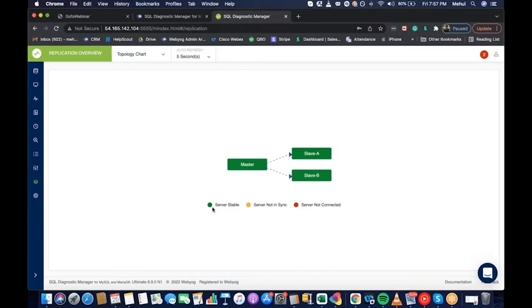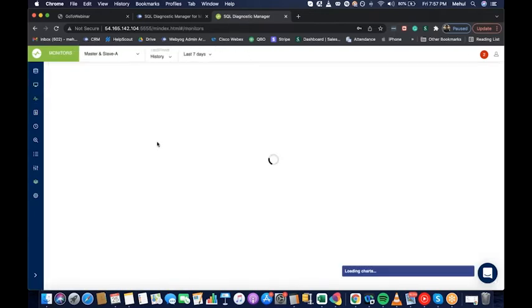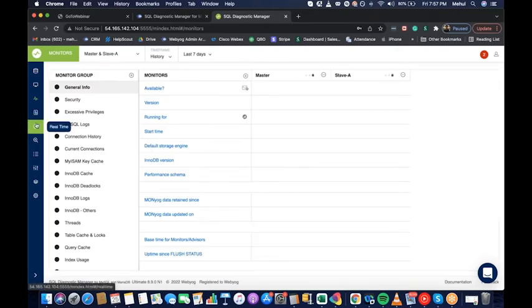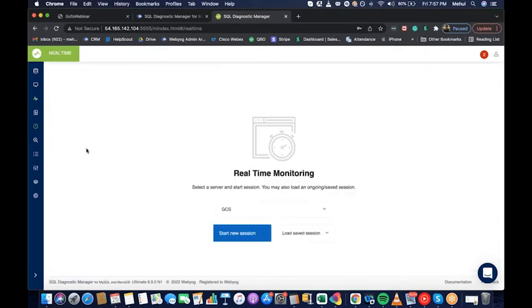So this brings us to the end of the session. I would like to conclude by saying, if as a DBA you're on the lookout for a complete monitoring solution that covers all the phases of MySQL and MariaDB server monitoring, wherein you are trying to do proactive monitoring with the help of the 600 plus monitors that the tool ships with, or if you're trying to see what your servers are up to in real time, you can do so with the real-time monitoring feature. Or if you're someone who would like to do a postmortem exercise, go back in time and see what could have gone wrong in your MySQL environment using the query analyzer or the dashboard feature,